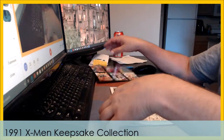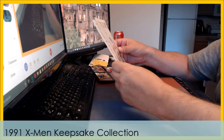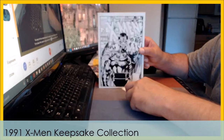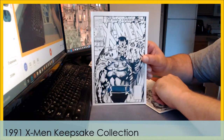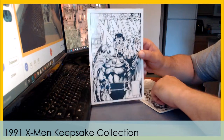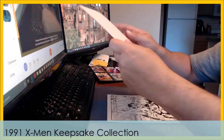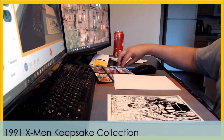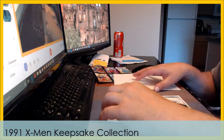So here we have some prints. This was, I want to say, the 4th cover of the X-Men #1. It was Magneto. But look at Jim Lee's and Scott Williams' pencils and inks. Look at that. It's just amazing. And, you know, you really don't notice just how much the color of a comic will take away from the art. The irony being that if you go to a comic that's pretty low quality, low print run, smaller ones, you're going to get some good art, but they're not going to have colors, and people will shy away from